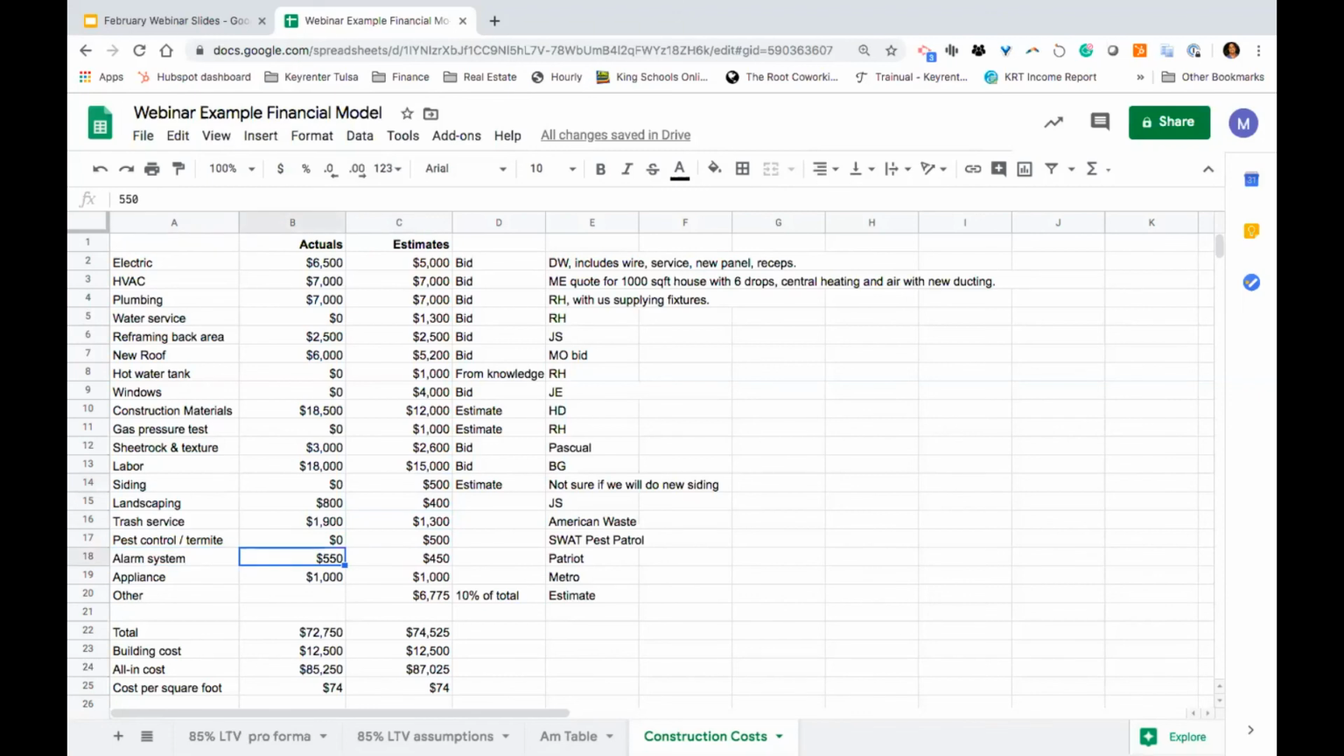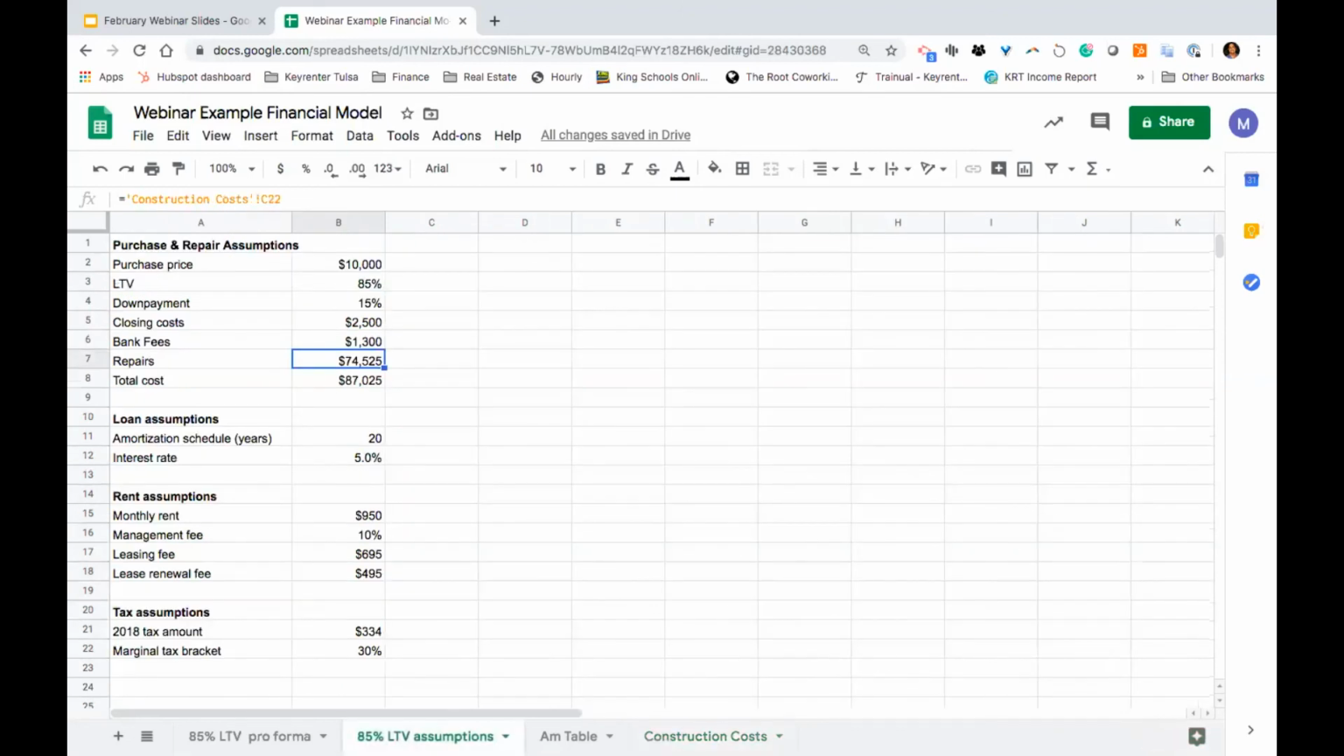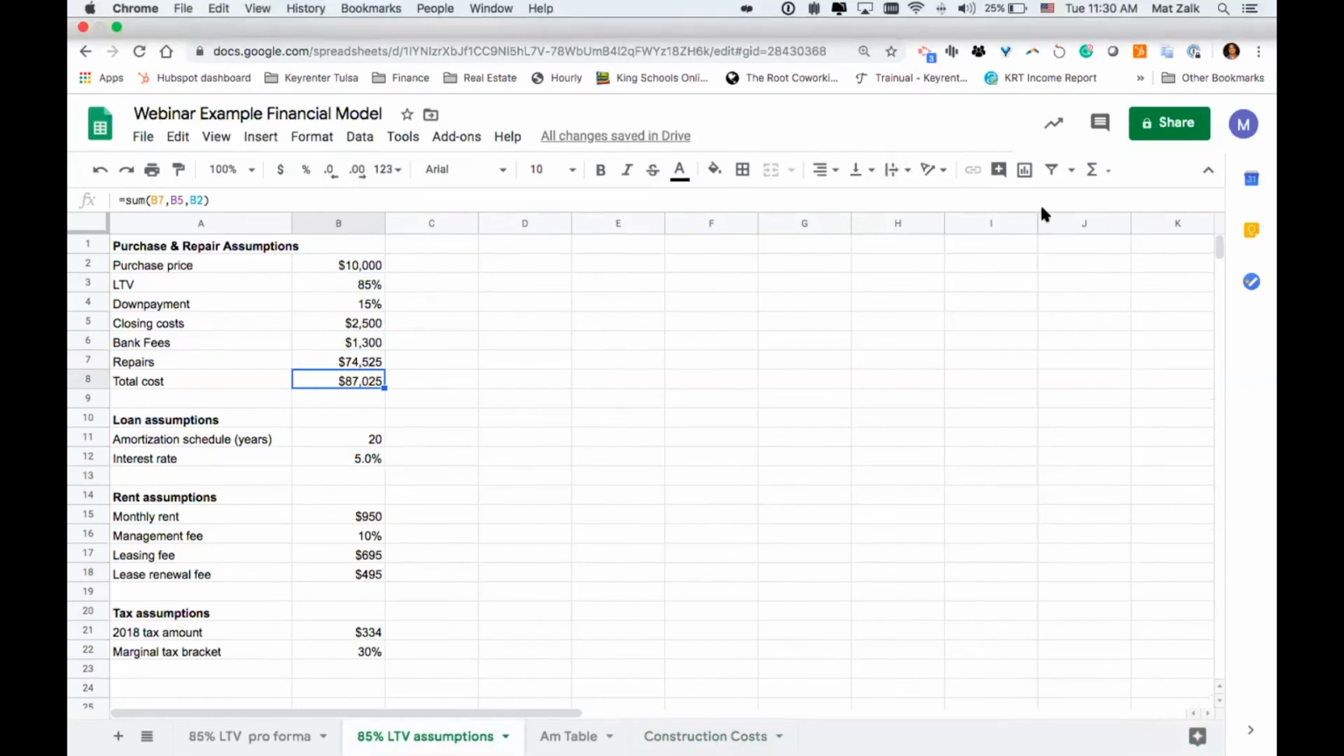It was $550 with a year of monitoring, and then we put in $1,000 worth of appliances. So that's how you get to all the construction, and then you come back and you've got your repairs there with your all-in cost of the property. If you were to add in the bank fees, you get the all-in cost of the property and the loan, right? So that's where we stand. That's how we do the